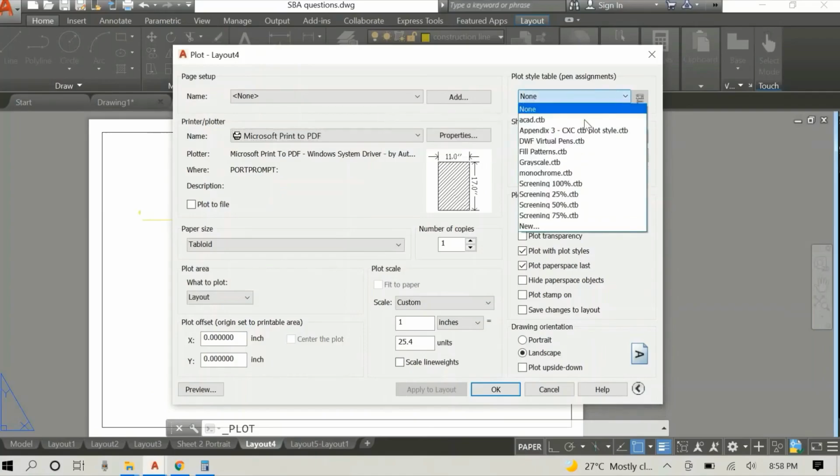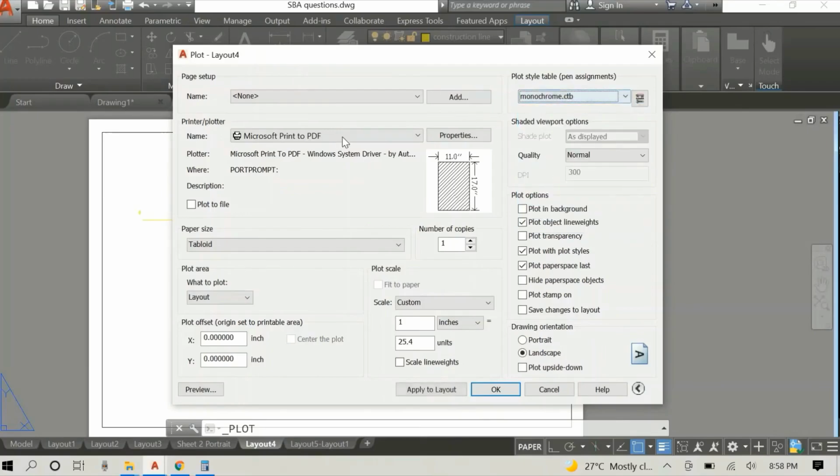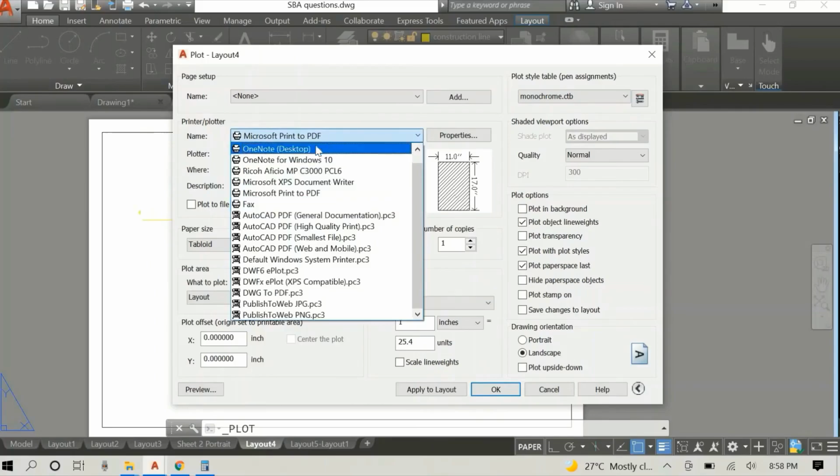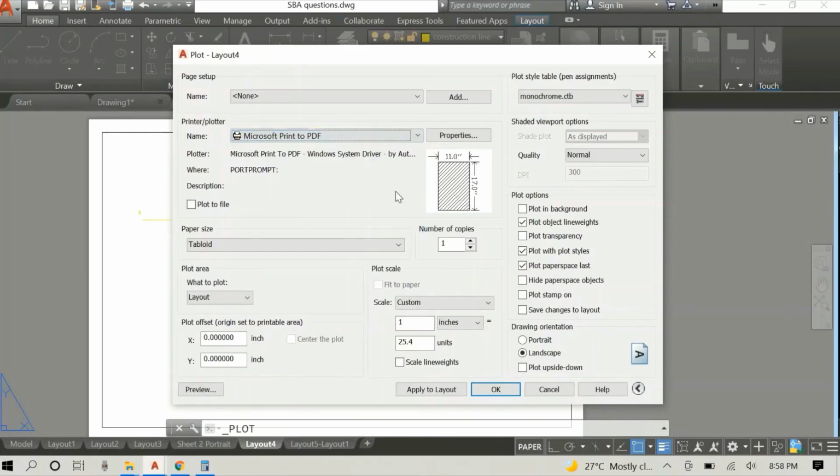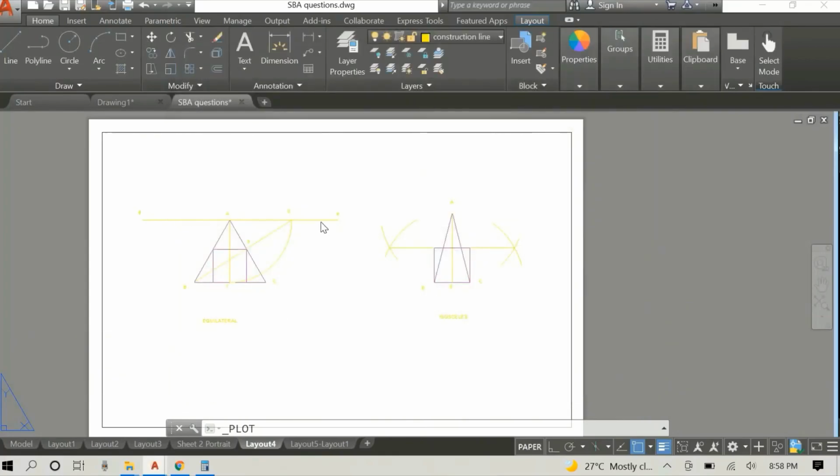Now I want to print mine, or I want to save it as an all black drawing, so I'm going to select monochrome. Under the plot style, I'm going to select monochrome, and over here is where you would normally select your printer. Now I do not have a printer connected and I want to save it as a PDF, so I select Microsoft Print to PDF. Right, everything else stays the same. You click preview,